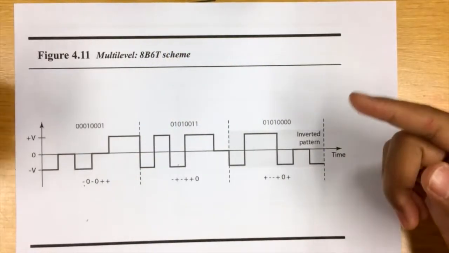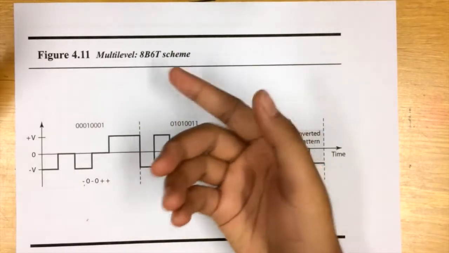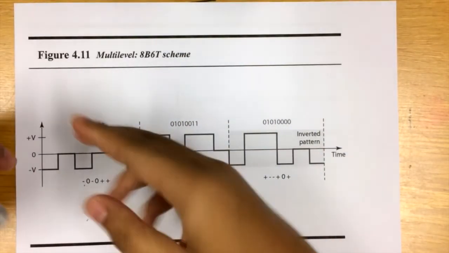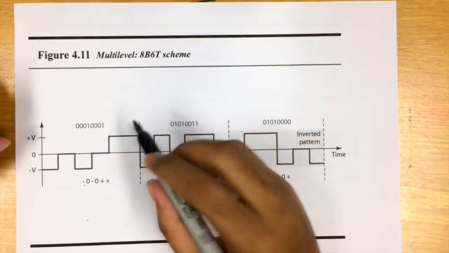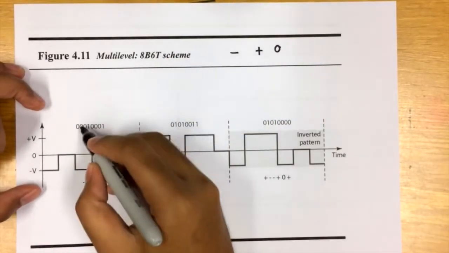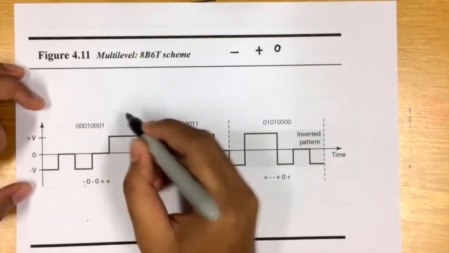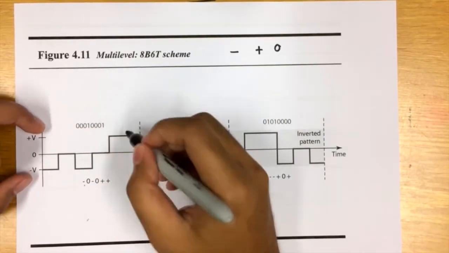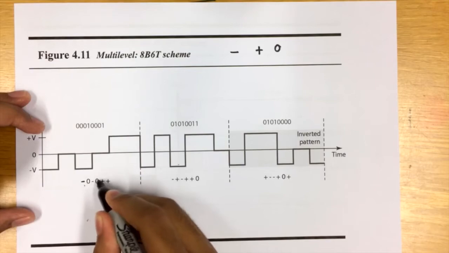Okay, so the next one is multi-level 8 binary 6 ternary. This shows an example of 3 data patterns encoded as signal levels. The 3 possible signal levels are represented as negative, positive, and 0. So we see here, the first 8-bit pattern is encoded as the signal pattern negative, 0, negative, 0, plus,